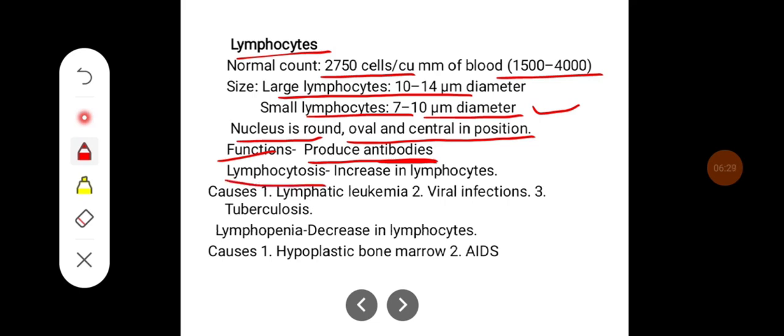Lymphocytosis is the condition where the lymphocyte count is increased. It can happen in lymphocytic leukemia, viral infection, and tuberculosis. Whereas lymphopenia, the reduced number of lymphocytes, can occur in hypoplastic bone marrow and